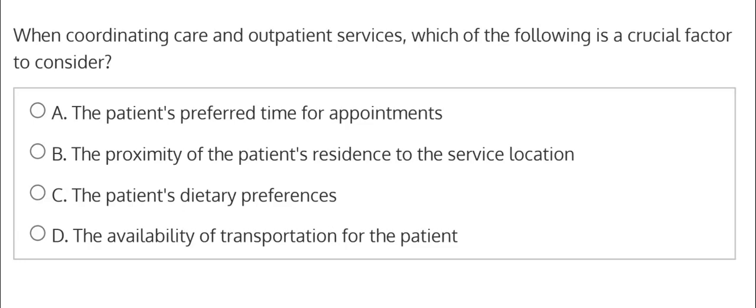When coordinating care and outpatient services, which of the following is a crucial factor to consider? So when they're talking about the coordination of care here, or the continuation of care and the outpatient services, this is likely referring to maybe if you have a patient in an acute care facility like a hospital, and